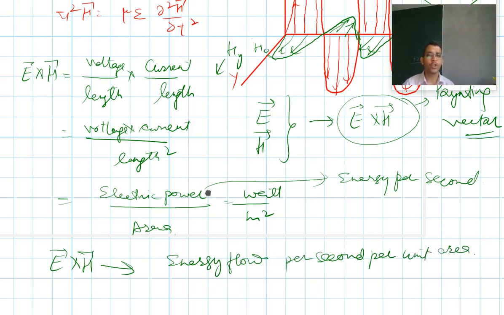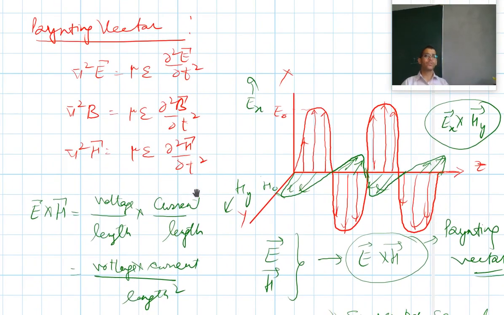So here I talked about the physical significance of what the Poynting vector represents, and its pictorial representation. This is all about this lecture, and I think this lecture is quite interesting. The Poynting theorem and the Poynting vector are very interesting concepts which are emerging out. So that's all for